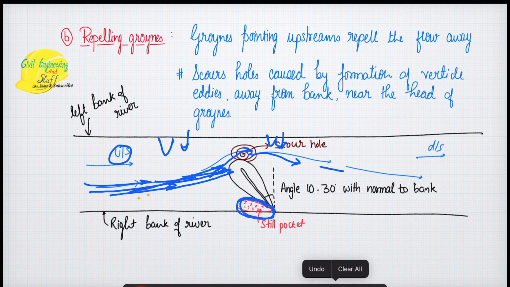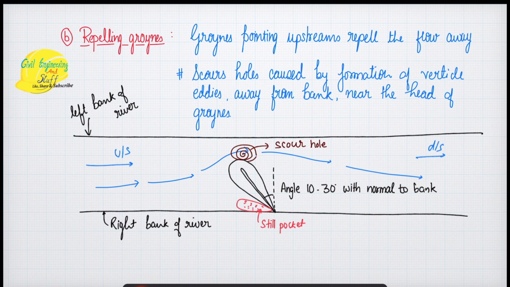Okay, this will happen because the velocity is reduced. Now the flow of the water is not strong enough to carry the silt particles. So these silt particles, silt pockets, are observed to be deposited along the bottom of the groynes. Okay, and definitely there are a lot of scour holes that are created along the nose,